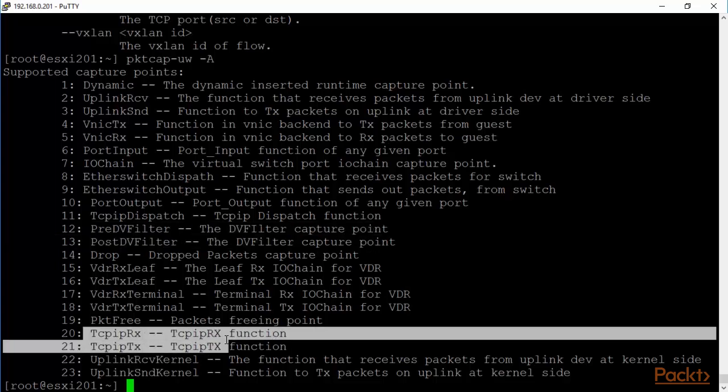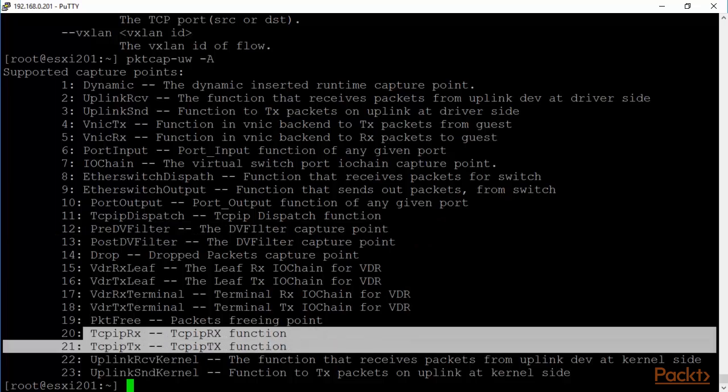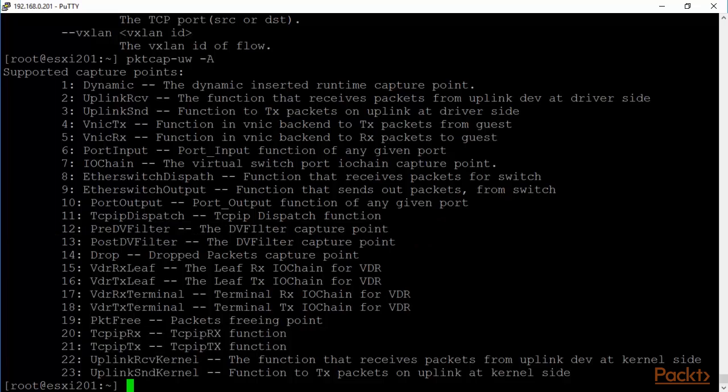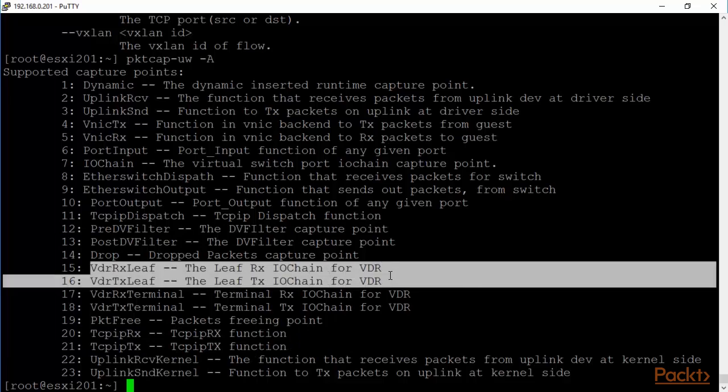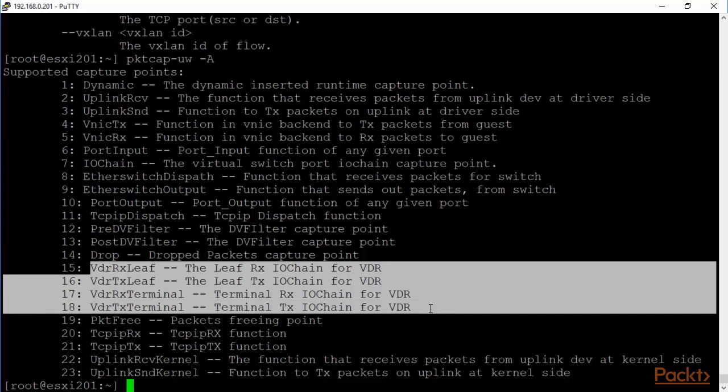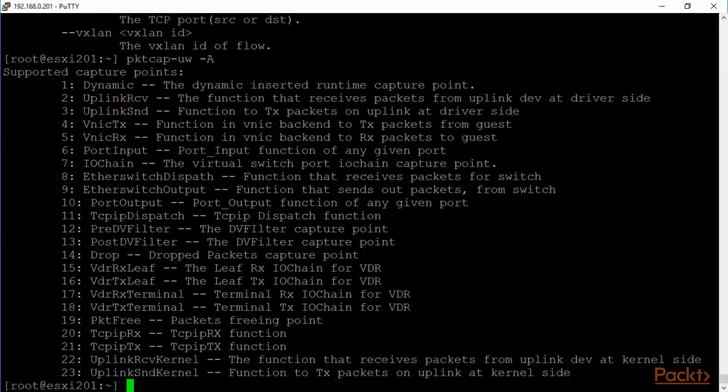Here is the TCP/IP receive function and the transmit function, and then of course inside the kernel as well. This is for the virtual distributed router, the VDR, and this is also for the virtual distributed router for NSX. So you can see there is an extensive array of capture points that can be specified by using the -capture option that's available. Now, one other aspect of packet capture is to be looked at, and that is